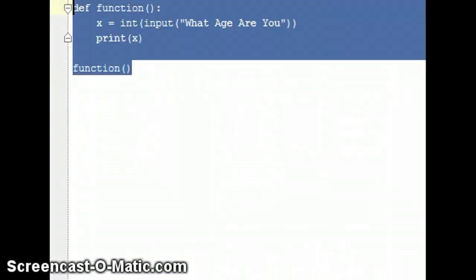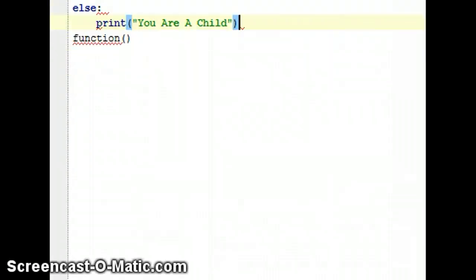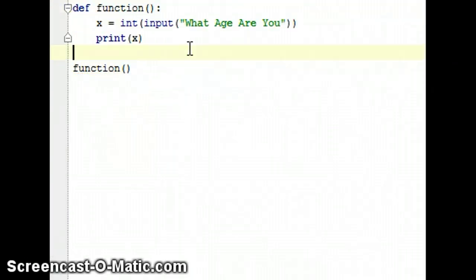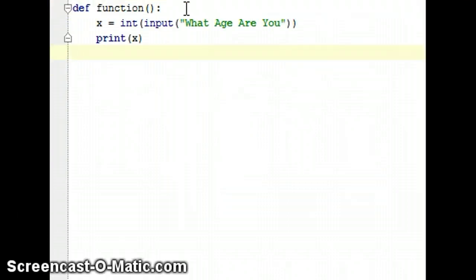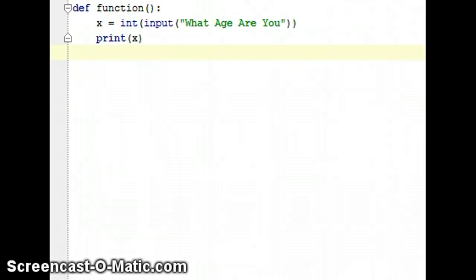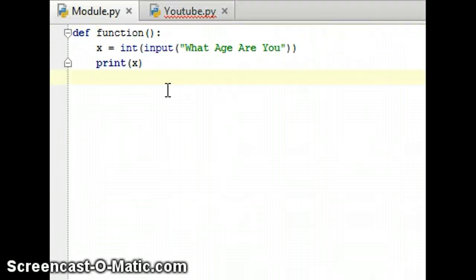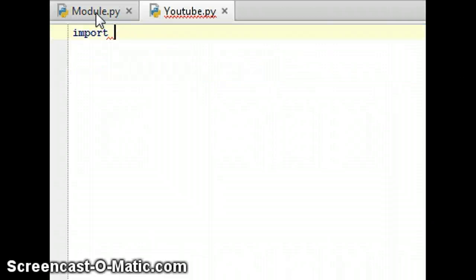So a function is something that you can refer back to at any time. So if I was to save this function, now I'll go into this module one. Say you have a function in a different file that you didn't want to lose. There's a nifty little thing where you can do import, and then you put the name of the file. So I pasted what was in YouTube into module,